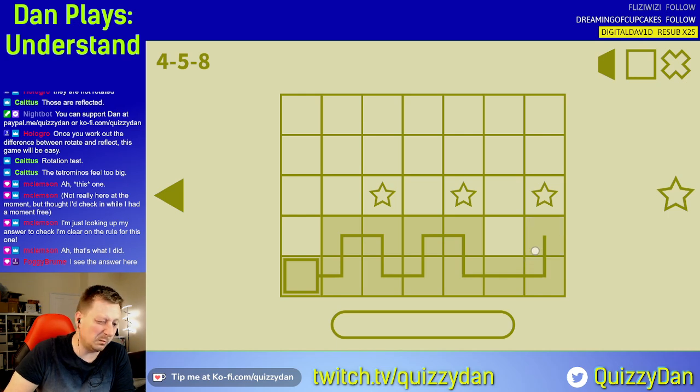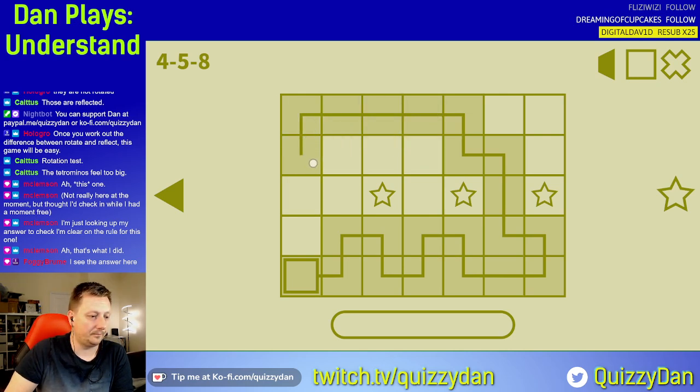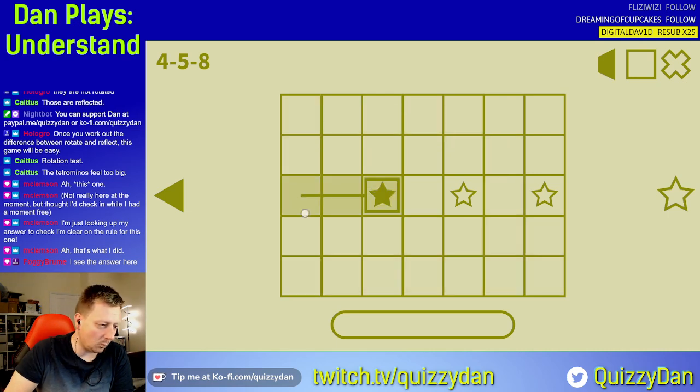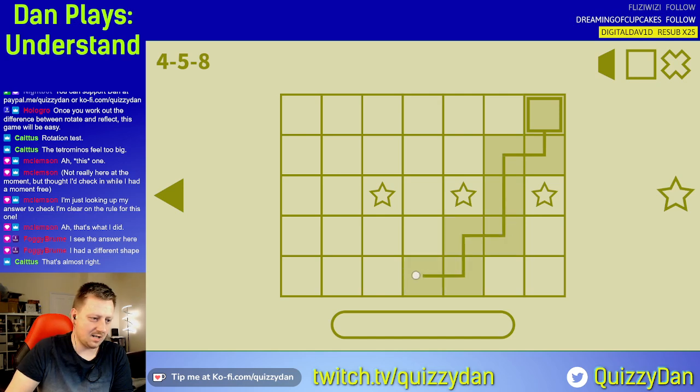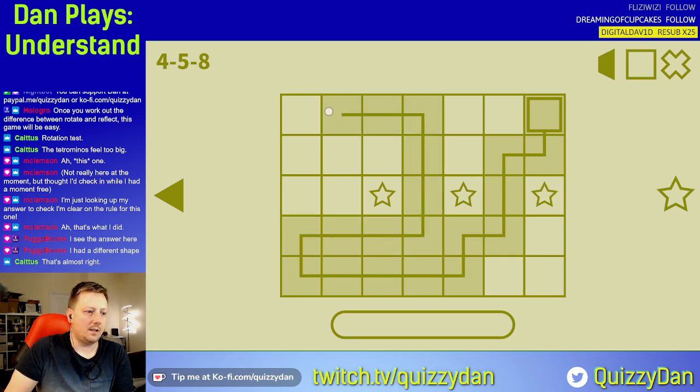I'm not liking this immediately. I mean, that's not the worst, but that's not great. So I think there's one there, and one there. So if that's the case, it's now just doing the negative space of all that. One there, one there, one there. So we're going to start there and do that. And then that,